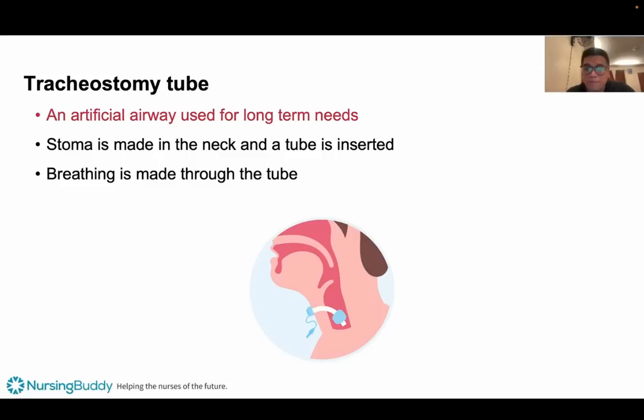So, dito na po ang breathing, ang normal breathing ni patient. So, this is done for those patients who cannot anymore breathe through the normal breathing pattern. Also, lalo-lalo na yung may mga neurological defects, having a problem in your naso, and also problems in your mouth. So, breathing is made through this stoma, kapatid.